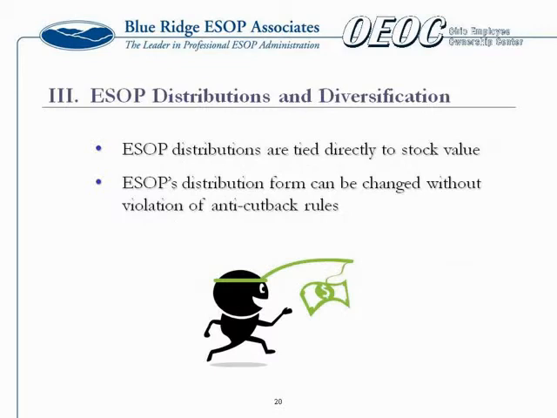Real quick, Kelly, let me try to answer Jay's question earlier on the violations of 409(p) non-allocation. I thought this was 50%. The company is subject to an excise tax equal to 50% of the amount of the prohibited allocations, and the shares allocated to the accounts of the disqualified persons are treated as having been distributed to them, so they'll be subject to tax on the value of those shares too. So it's a pretty severe penalty, and not something you want to even have a chance at getting into. Go ahead, Kelly.